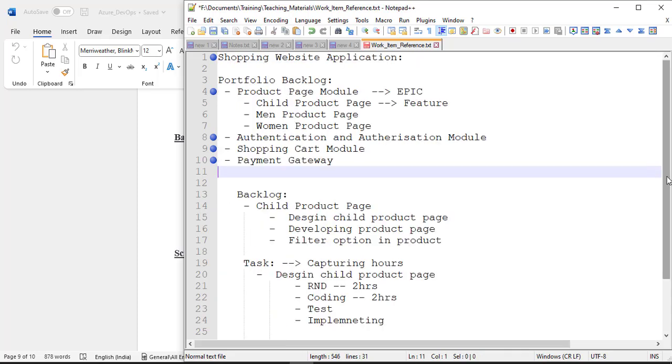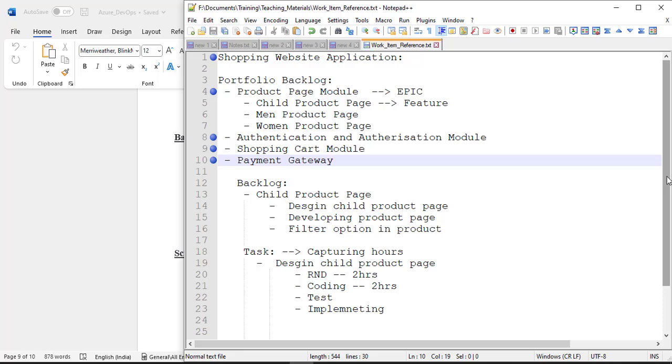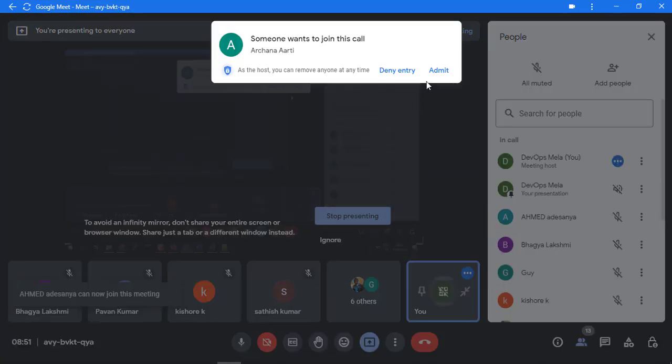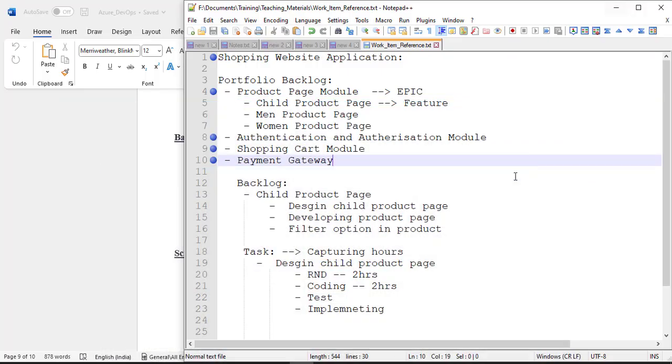Imagine you're building a microservice application, so each module should be built separately. These are the modules which you will create for yourself if you want to build a shopping website application. From where did you get these modules? This is the client requirement, guys. Your product owner will reach out to the client, get the requirements, and all these are the initial modules you have got from the client.